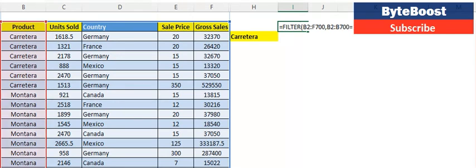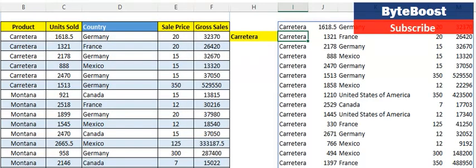Now we have to give equal to, and then for an example we are checking for this value. So simply we can write Carreteira. And now if we close the bracket and press enter,